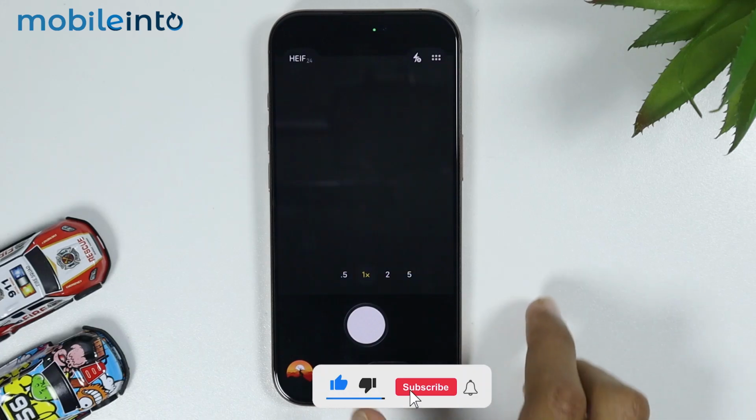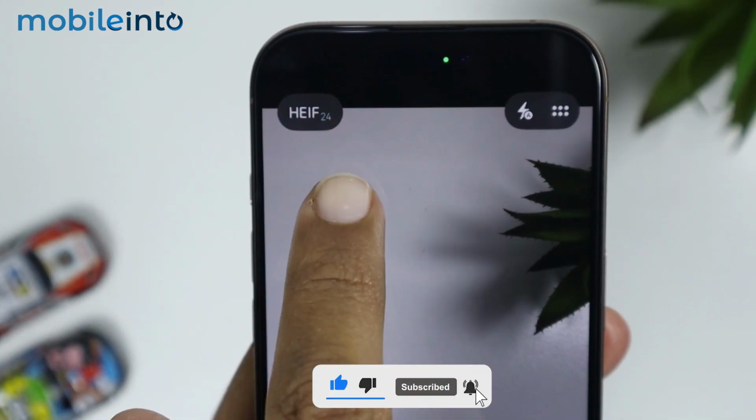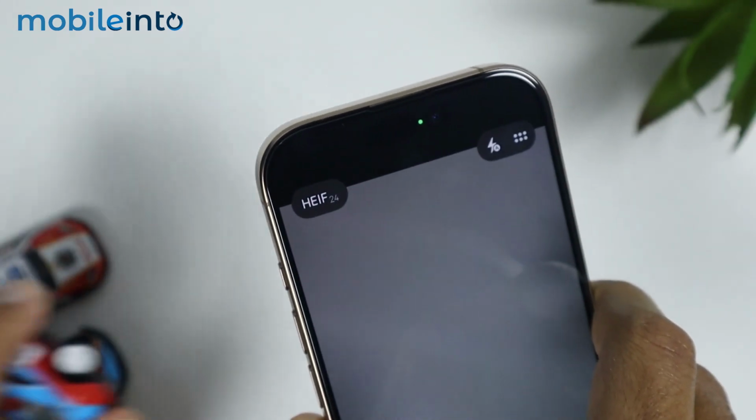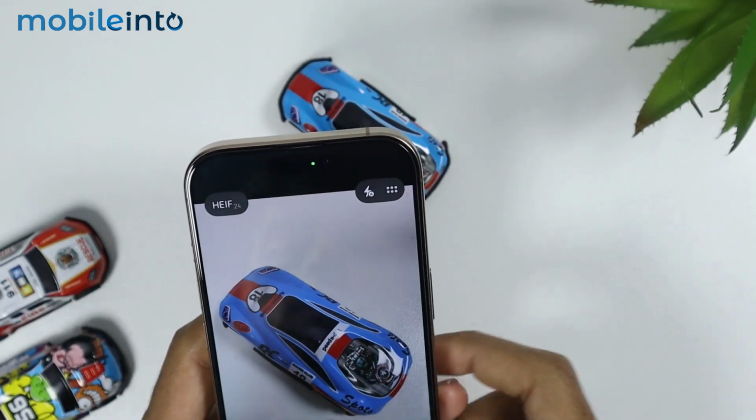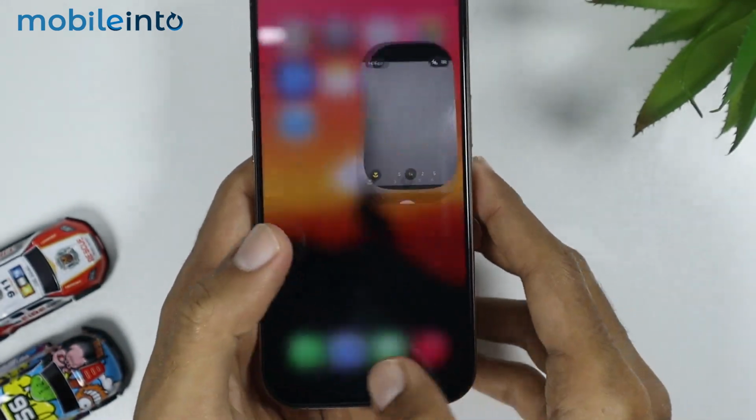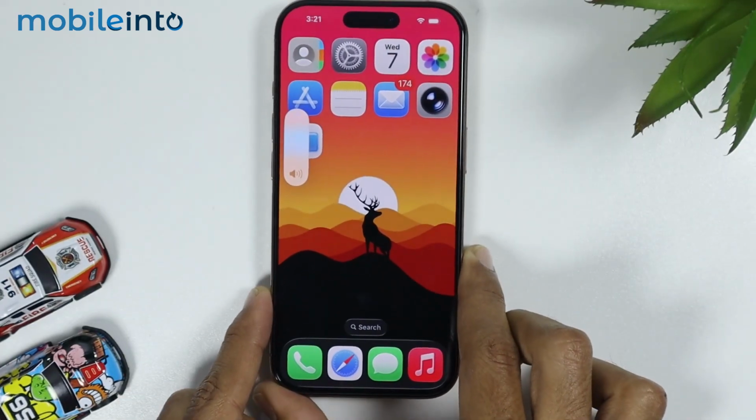Now, first of all, let's capture a photo in the HEIF format. Let's open the camera app. As you can see, the format is on HEIF. Now let's capture a photo. For an example, I will capture a photo of this car. Just like that. Now, as you can see, if I go to the home screen and open the Photos app,